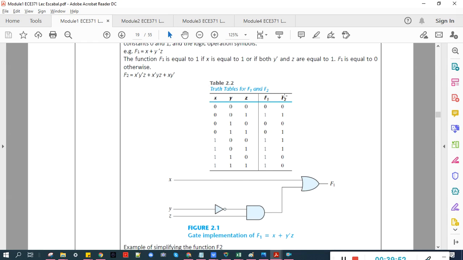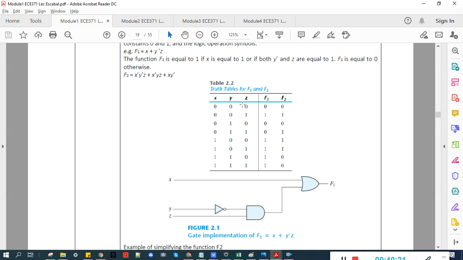We created this table, the truth table for f1 and f2. They are two different outputs, but they have the same input, so it's okay to place them in the same table. The inputs are x, y, z. So you tabulate in the truth table all the possible